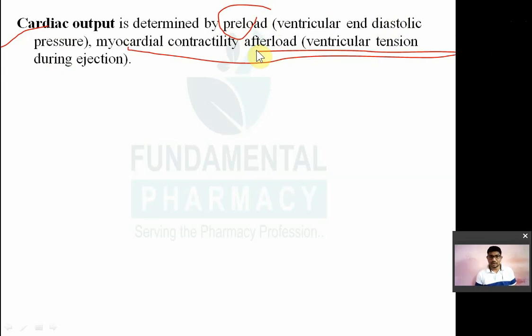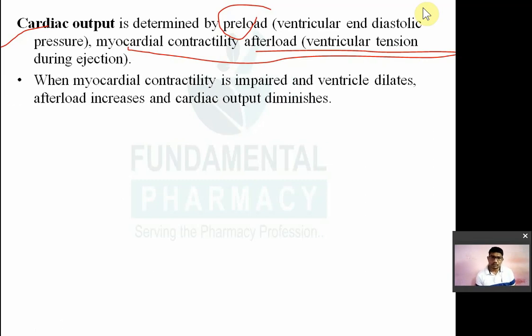Resistance offered by arteries. The resistance that your arteries offer for left ventricular ejection, that is nothing but the afterload. So cardiac output is mainly determined by three terms: preload, myocardial contractility, and afterload. Okay, when myocardial contractility is impaired or decreased,